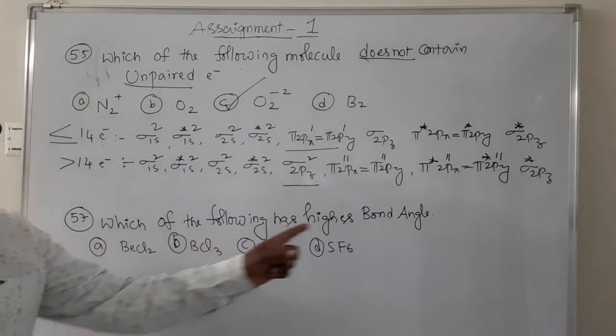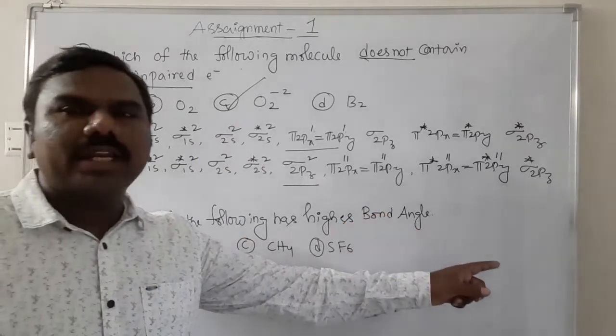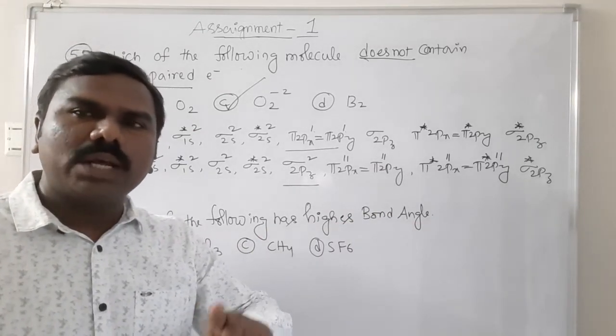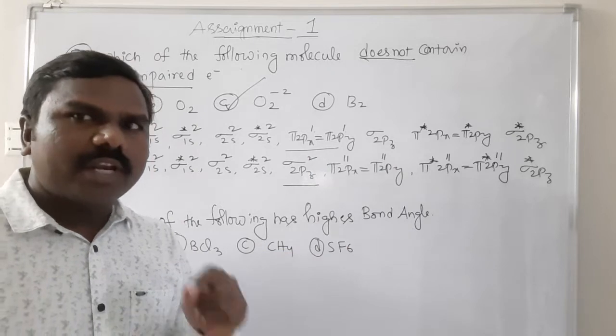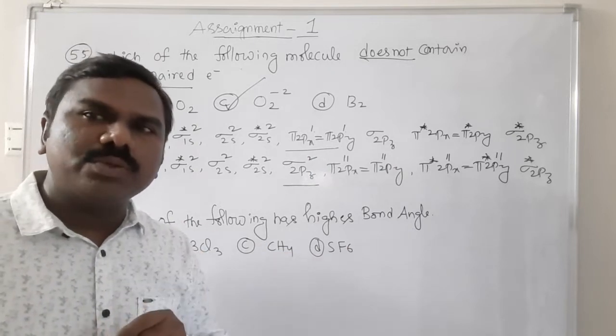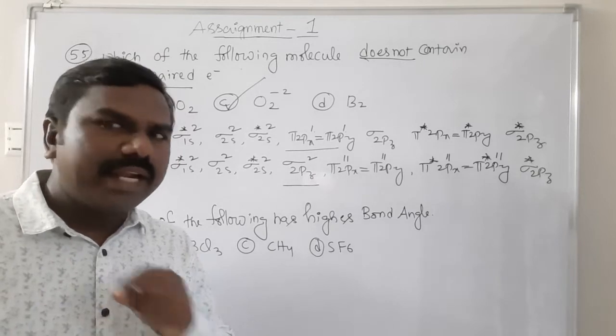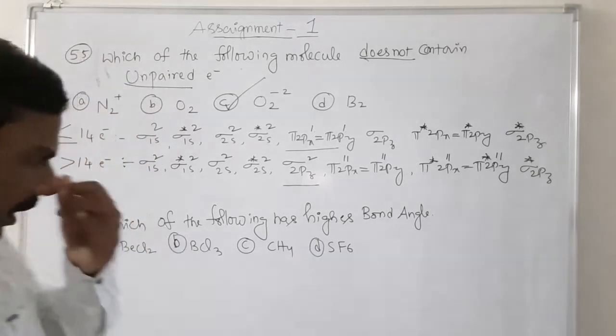Next, which of the following has the highest bond angle? Bond angle you can find based on hybridization. For sp, 180 degrees; sp2, 120 degrees; sp3, 109 degrees. Like that you can easily find. So now,